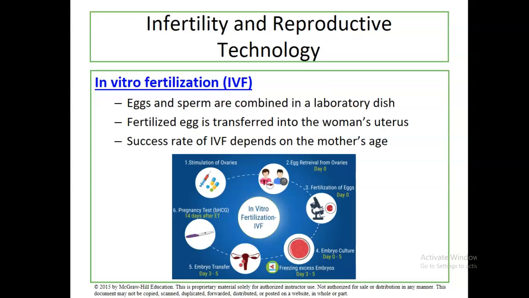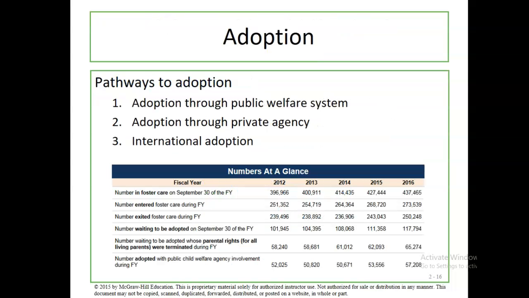After a few days, once the zygote has become an embryonic culture, we're able to transfer those embryos into the woman's uterus, and ideally they will attach to the woman's uterus, and the woman will go on to have a very successful pregnancy. Sometimes we insert more than one embryo, and that can often result in twins. So in vitro fertilization has a higher rate of twins than traditional pregnancies.